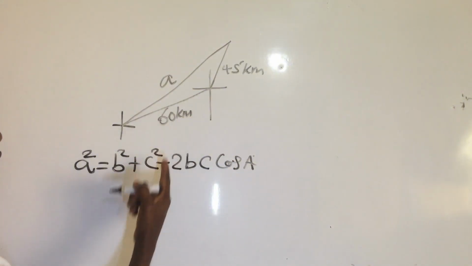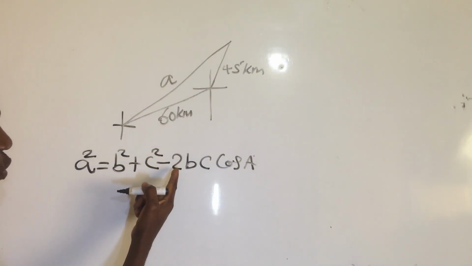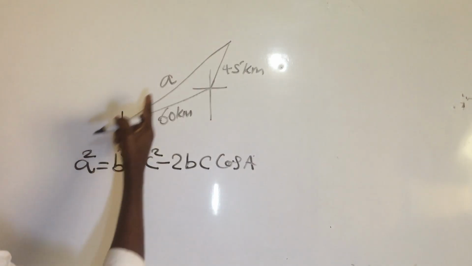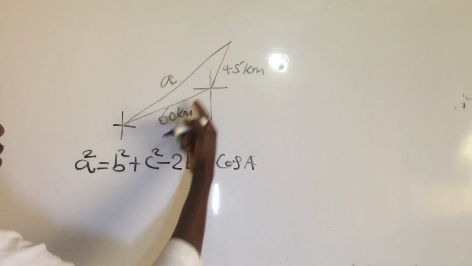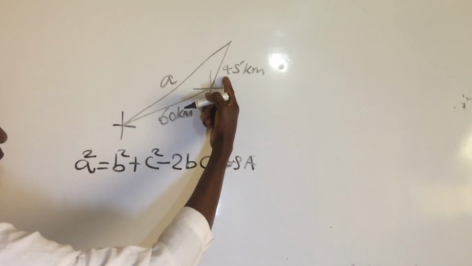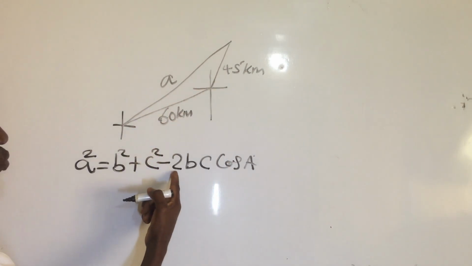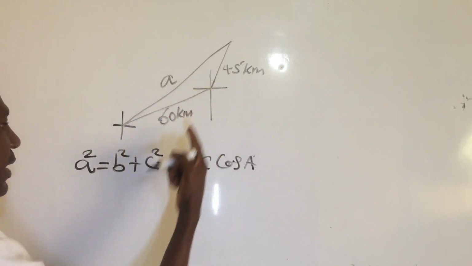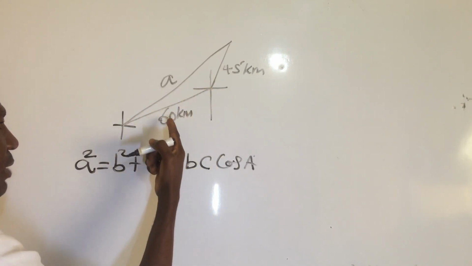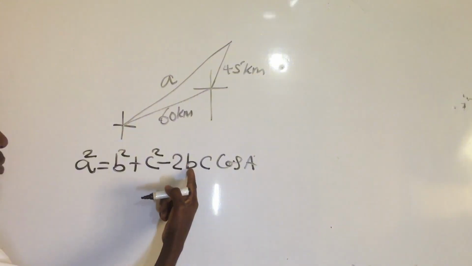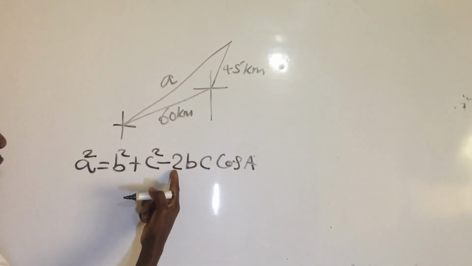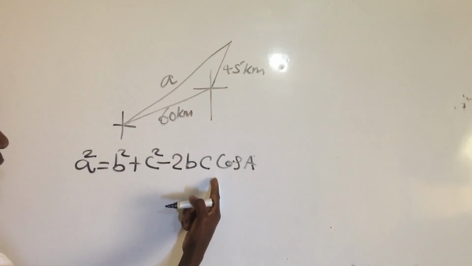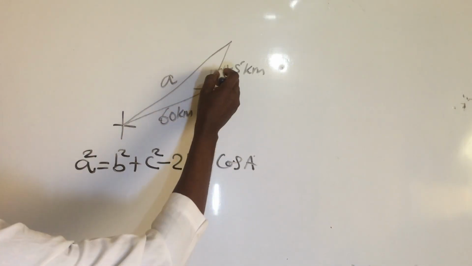Do you understand? Which is a, the side I'm looking for, plus these two other sides, minus 2 times the same two other sides, which is bc, which I named the bc. I will now say 2 times 60 times 45, then cos of this angle, which is